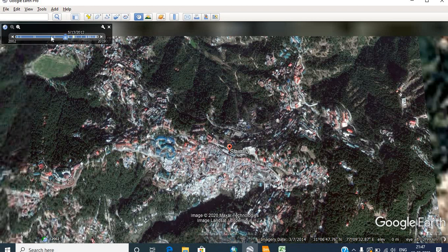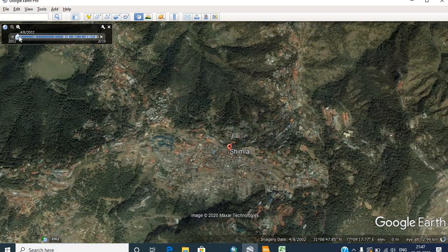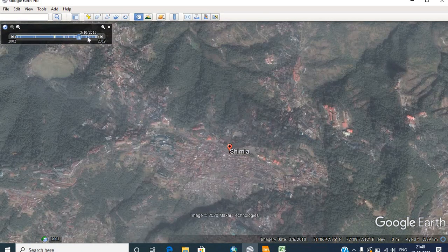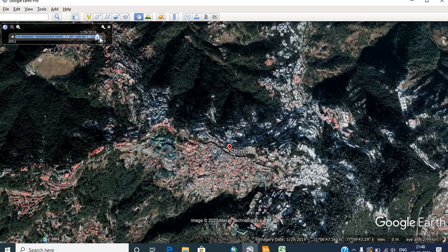For example, if you drag it up to the last end, you will come to know that the past image of Shimla is available for the year 2002. So we can download the images if we are interested to monitor the land use, land cover change of the area, but we are only interested in the latest image, so we can close this.